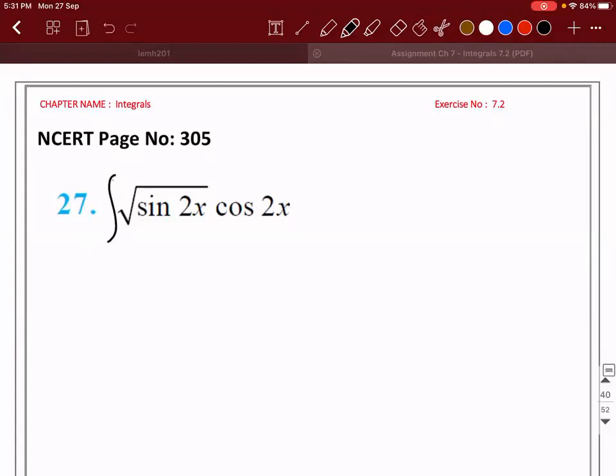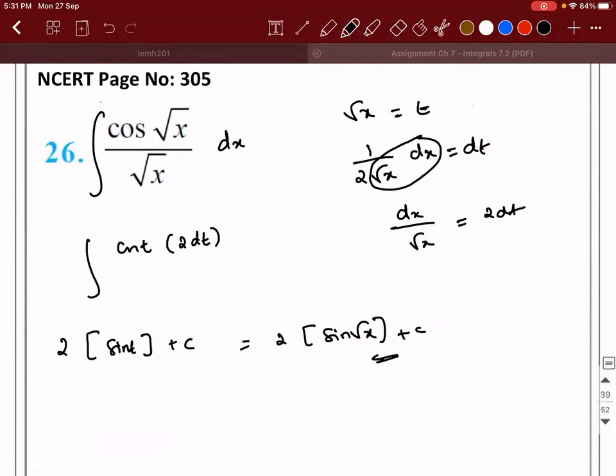Could you go up for a minute? Sure. Is there any doubt? So should it be cos 2 dt by t, sir? No, da. See, differentiate this and you will get back the question. 2 into derivative of sine over cos into root x into derivative of root x is 1 by 2 root x. Cancel. Cos root x by root x is the question. So I'm right. Yes, sir.